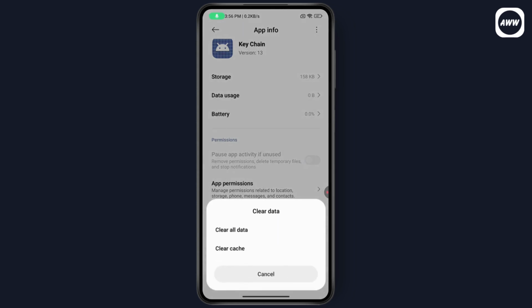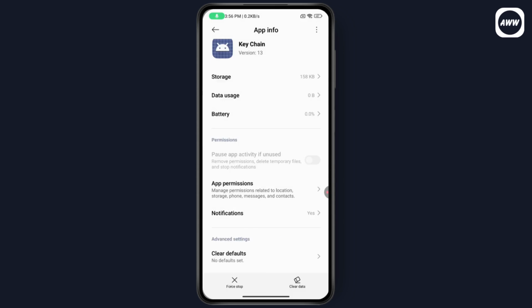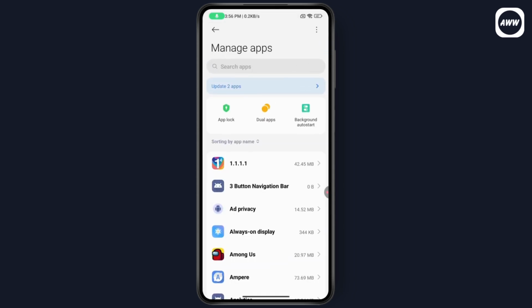You need to go with clear data and clear all of the cache and all of the data of your keyboard. Once you clear the cache in your keyboard, your problem might be fixed. Or the next thing you need to do is just simply go and restart your device, and after restarting, your problem will be